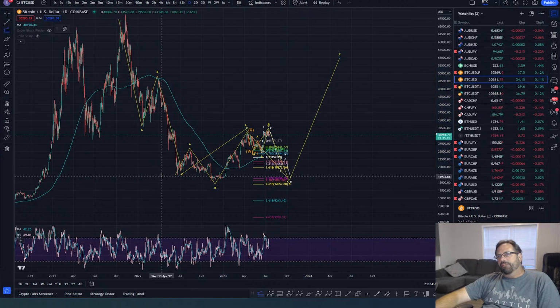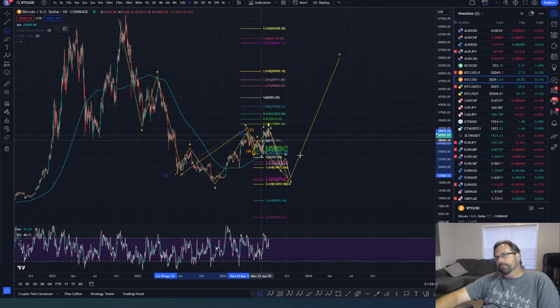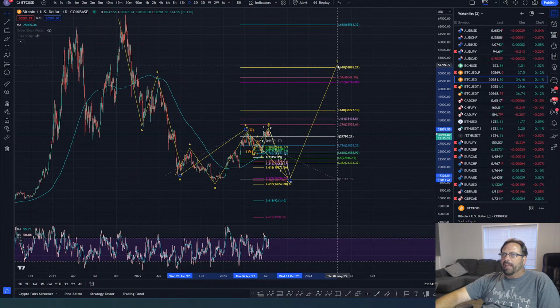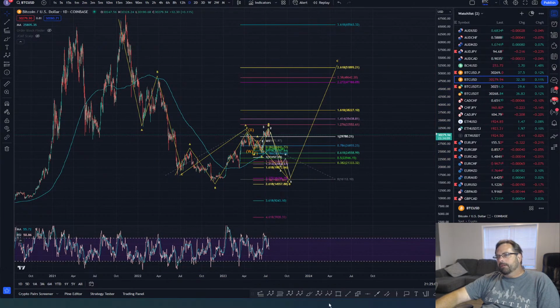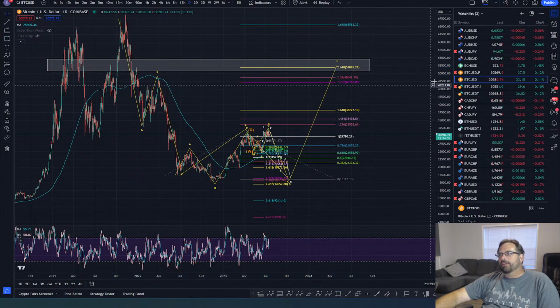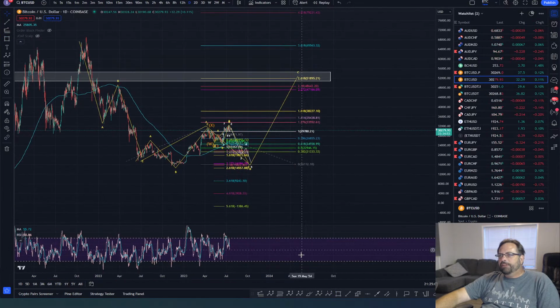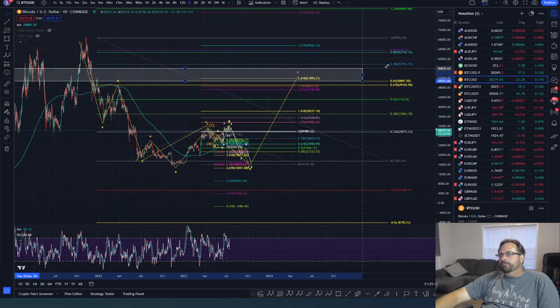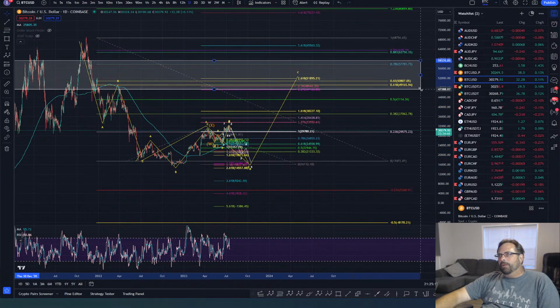Okay, let's pull the fibs on such a move. The 2618 hypothetically could come up to the 52K range. That takes out the liquidity. It takes out this liquidity right up in here. It's a nice liquidity zone. Hits the 786 retrace of the entire move down. 786, 618, and that in this ballpark right in here.